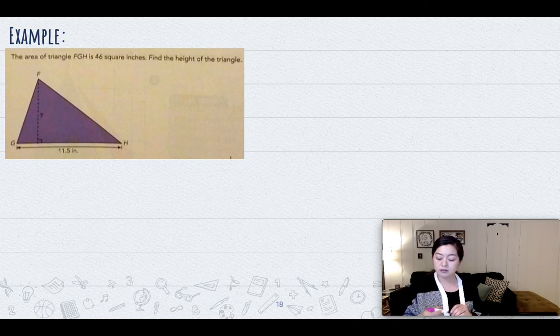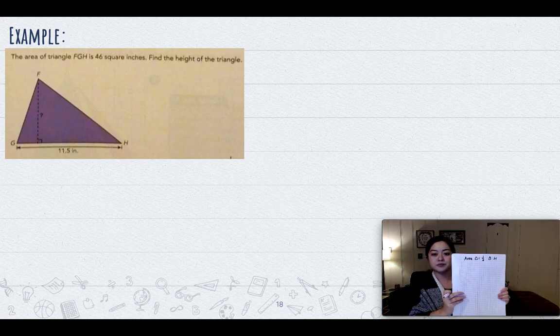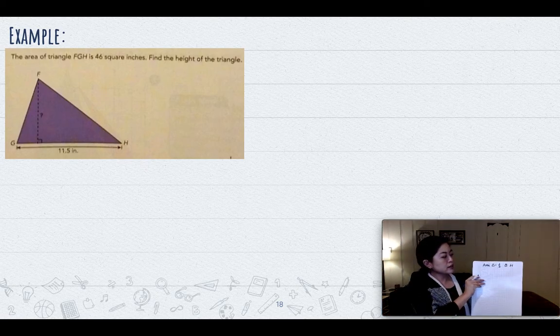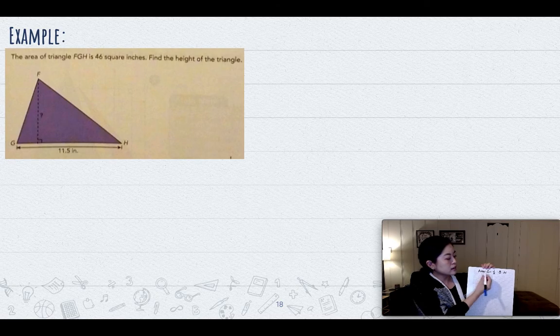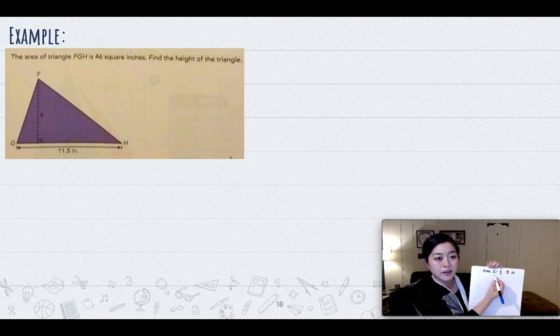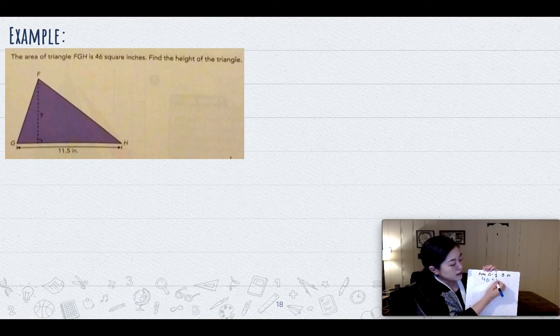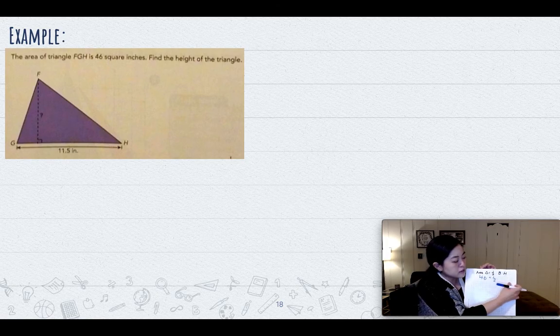The base is 11.5. What is the height then? Okay, so if you look here, I'm going to input the area as 48 here. We're going to do 1/2 times, and we know the base, it's 11.5,